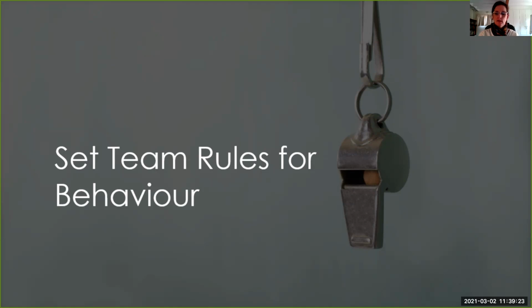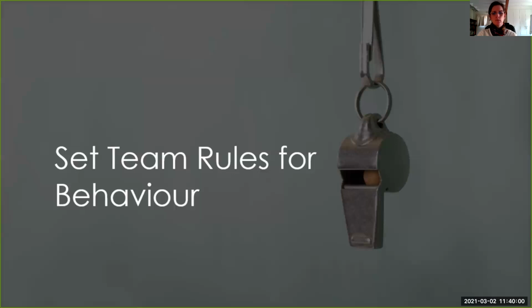You can even do it collaboratively with your team, where you say, right, this is the kind of team we want to be. What are some of the ground rules we should establish? Some of the good ones are, there's no such thing as a stupid question. You can ask any question. Raise the questions you want to. Another is to have very general positive rules, like to participate fully in all meetings and give your opinion. Another is to communicate well, to let us know if you're not able to fulfill an obligation, so the team is able to step in and take over.